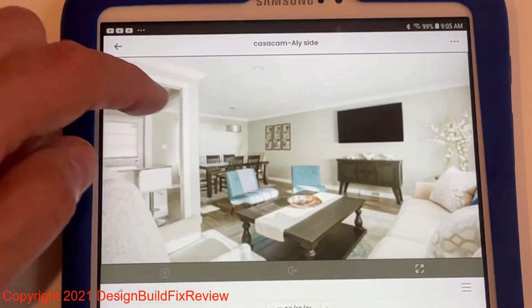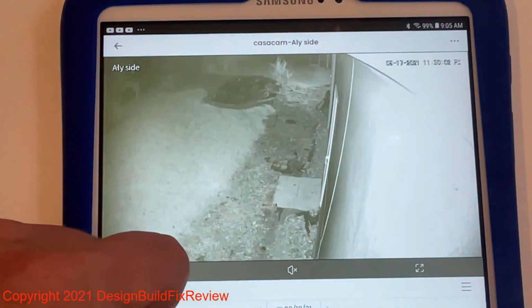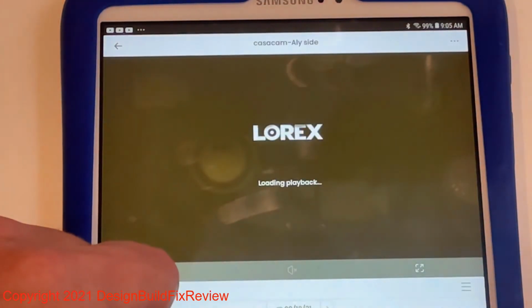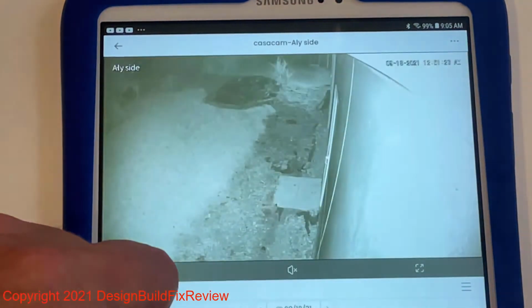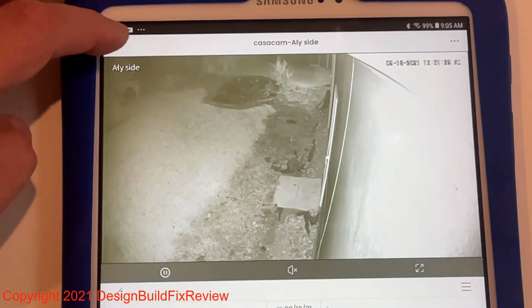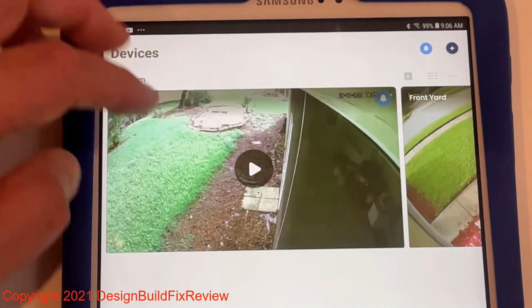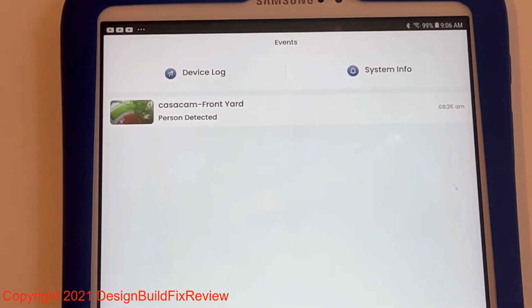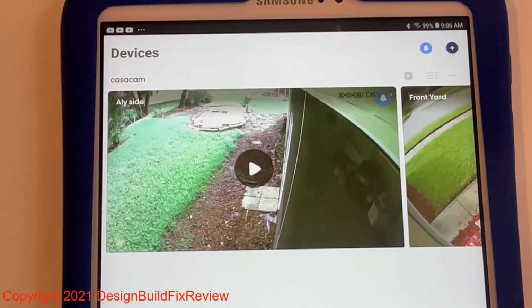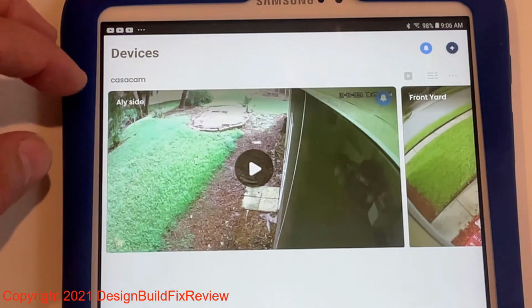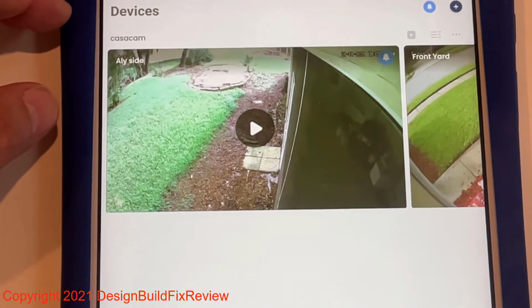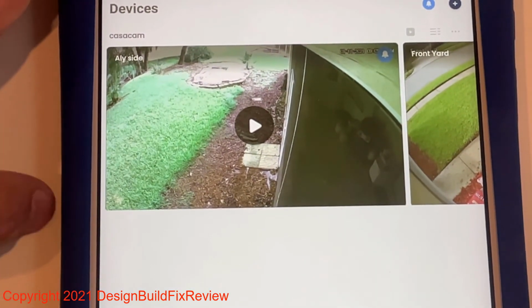Another timeline. Night pictures. That's about it for now. So I recommend that you use this feature in your camera system.